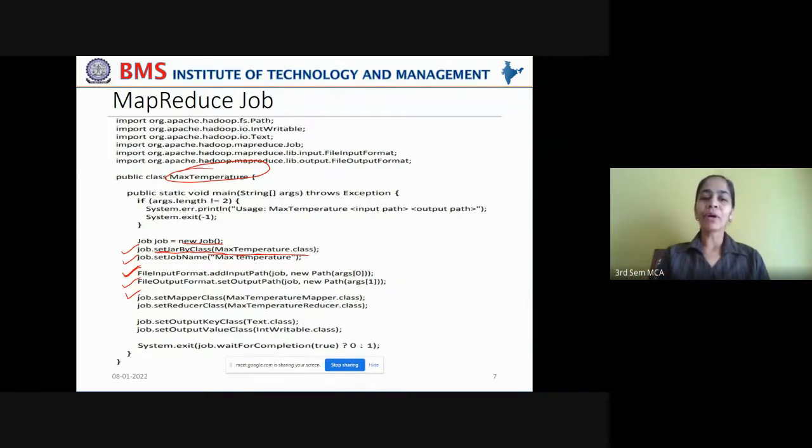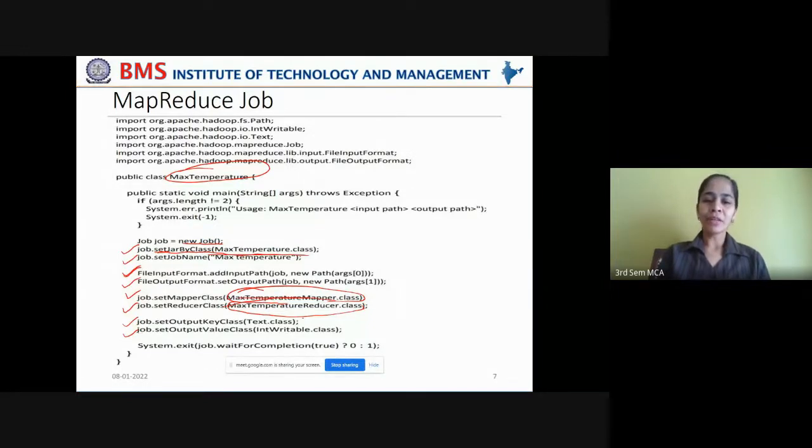So you have to pass the mapper class, you have to pass the reducer class. How do you do that? How do you set the mapper and reducer classes? By taking the dot class file of the mapper class you have written and the dot class file of the reducer class you have written, set those to the job, pack it into a job, and finally set the type of key value pairs that can be emitted by this MapReduce framework as an output.